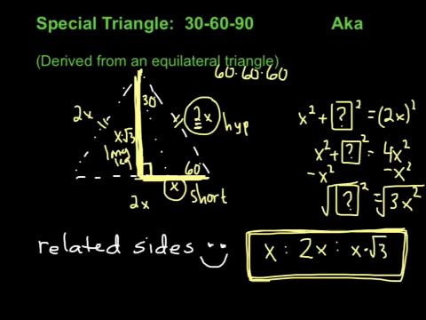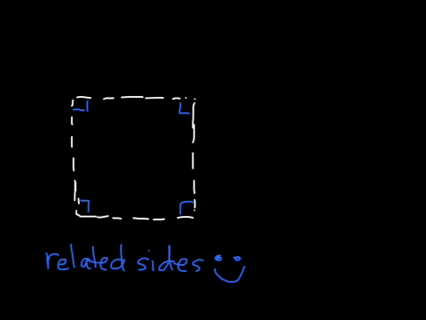Also known in the radian world, we're going to translate this to pi over 6, pi over 3, pi over 2 triangle. Yeah, that's what I'm talking about. 30, 60, 90 is the pi over 6, pi over 3, pi over 2 triangle. That's, again, in the world of radians. These are the same special angles, just in radian measure. Our last special triangle here